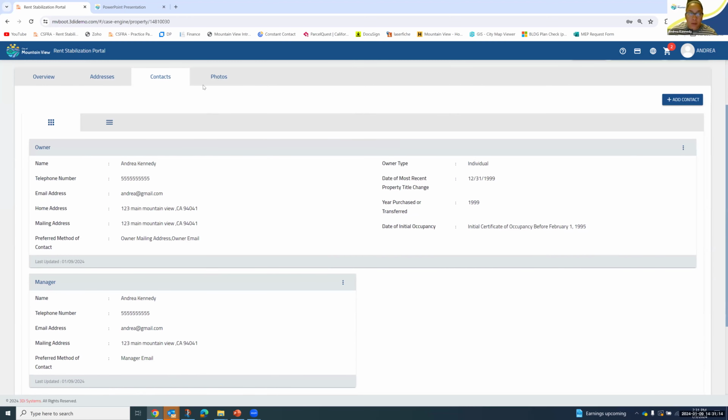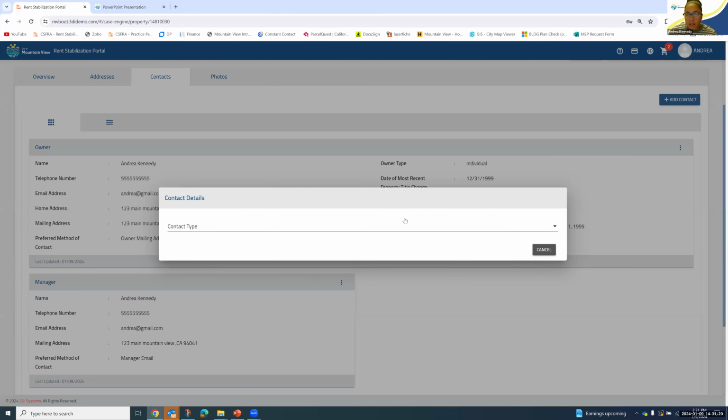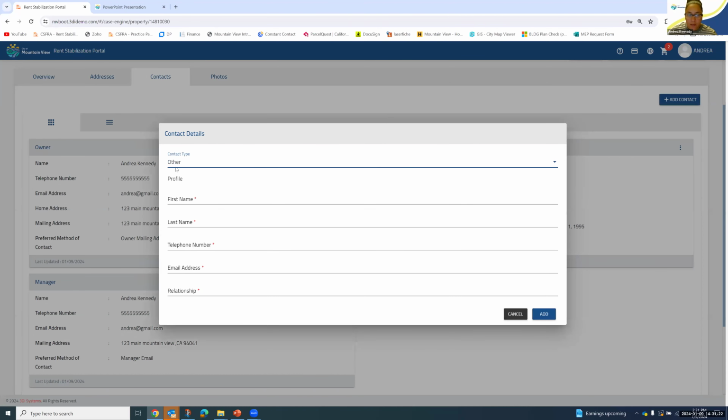So that's all that's required. You'll notice that this exclamation point is gone, but if you want to continue to add, you can keep adding under other and put people's contact information and then tell us who they are.